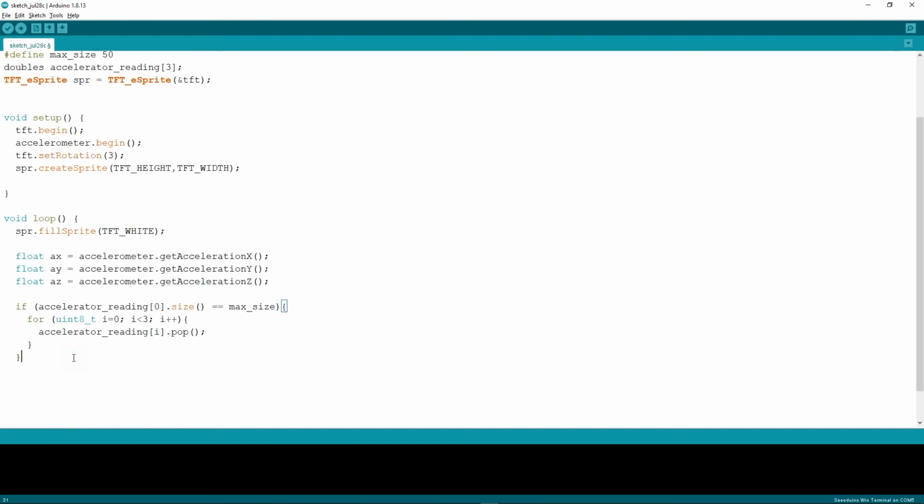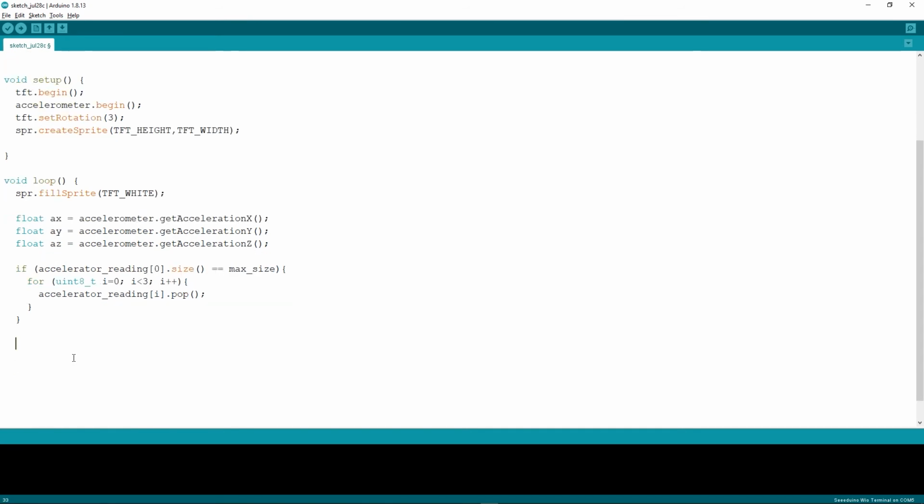So now let's continue writing our codes. So accelerator reading 0 dot push ax. So this will read the x-axis acceleration and store the value in accelerator reading.